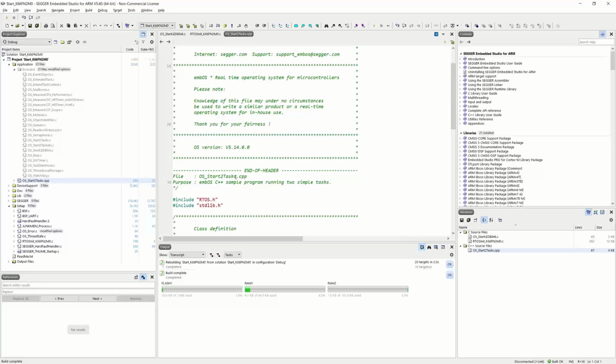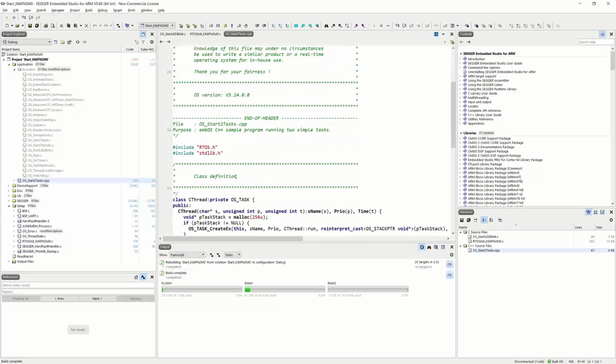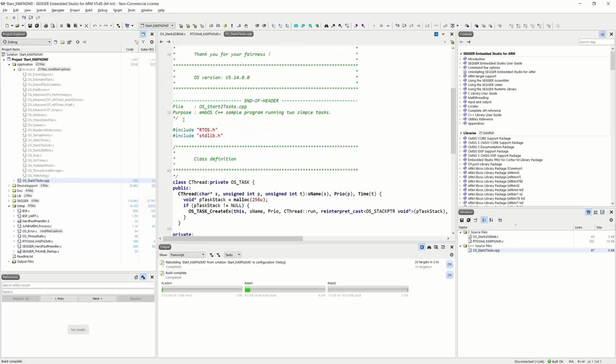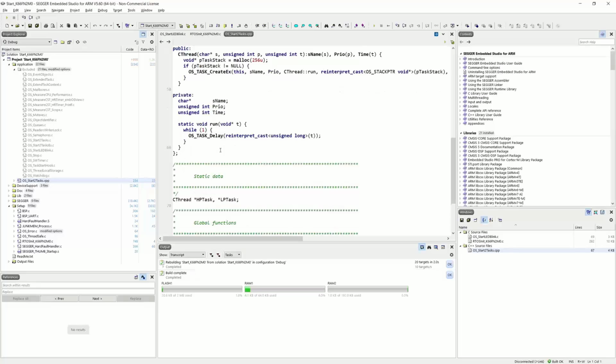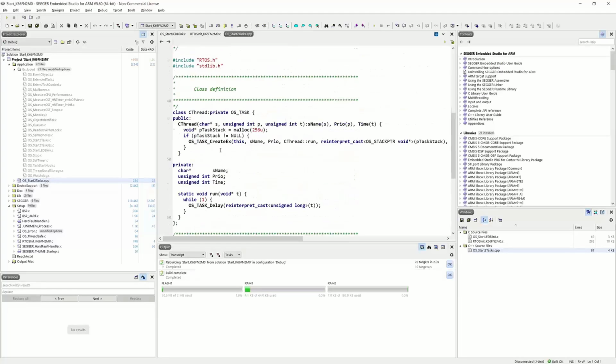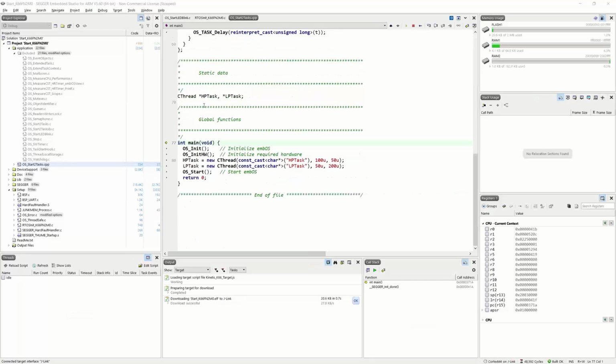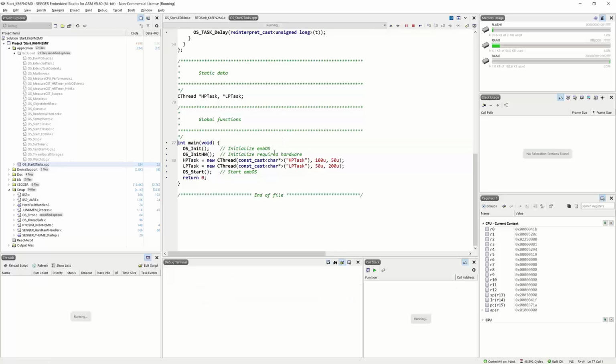If you are choosing to use C++ for your application. So we just built that, and in this case we're just creating the two tasks and running them. We're not blinking any LEDs, but again, I built the application, I can start a debug session, I can run it. And in this case, like I said, we're not seeing any LEDs blink,